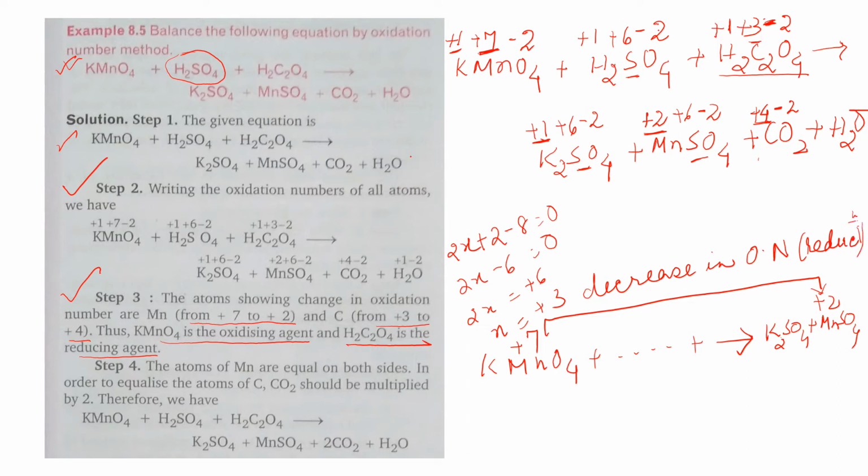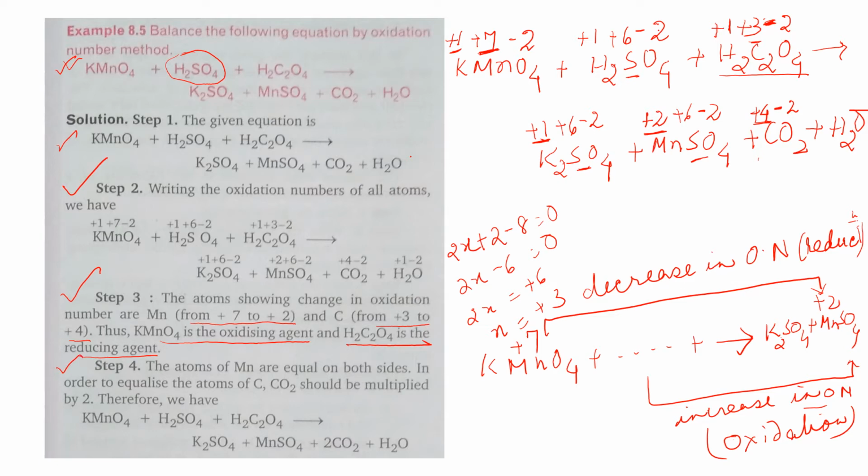And similarly you will write it like this: it is an increase in oxidation number, that is for carbon, and it is oxidation. These two things you will write in your notebook. Try to write it in one line only, just write this bracket type of thing from here to here, like this, from carbon.